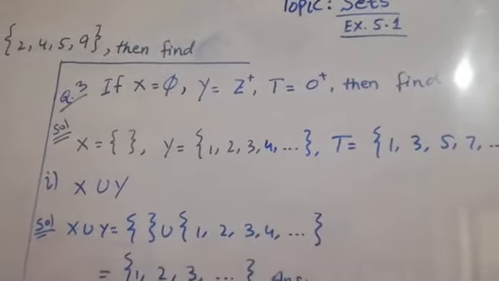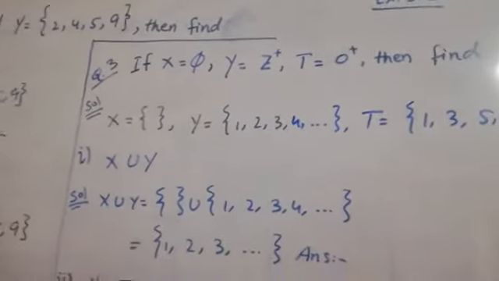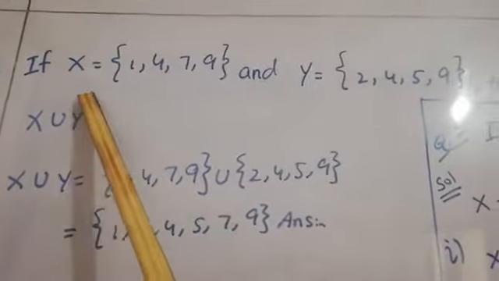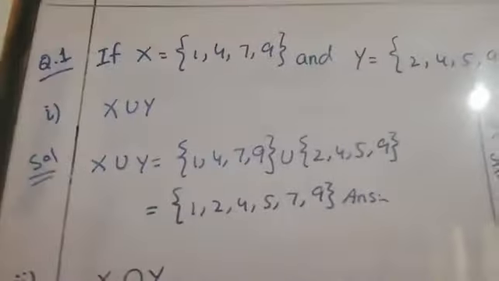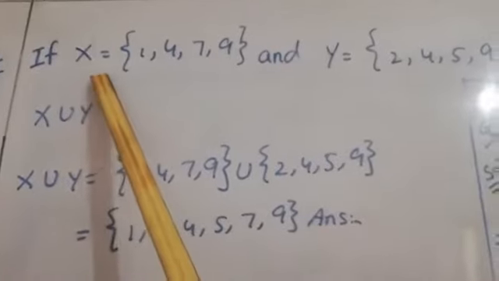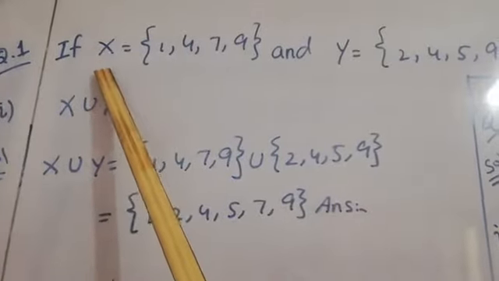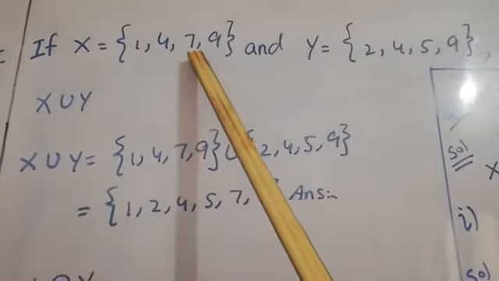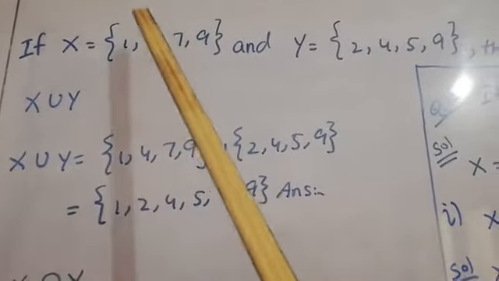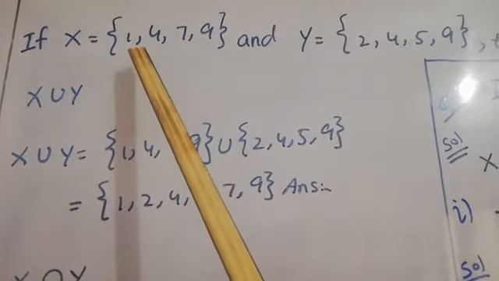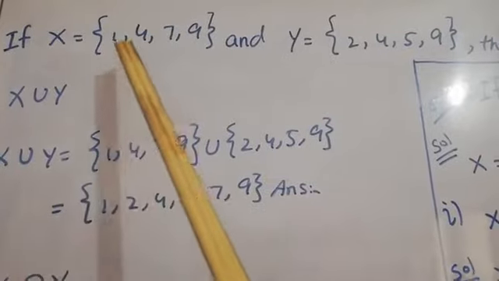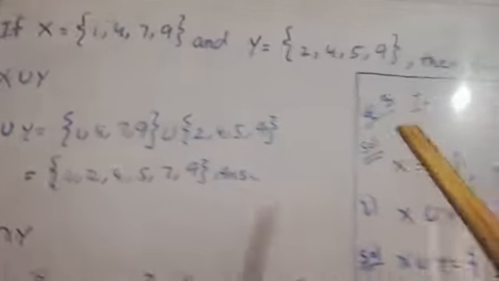There are different ways to write sets. For example, in the first way, this method is known as the tabular form. Tabular form means in this form we denote or represent the set with English alphabets, and we write the numbers or names or different objects in braces and separate these members or objects with commas. This method is known as the tabular form.